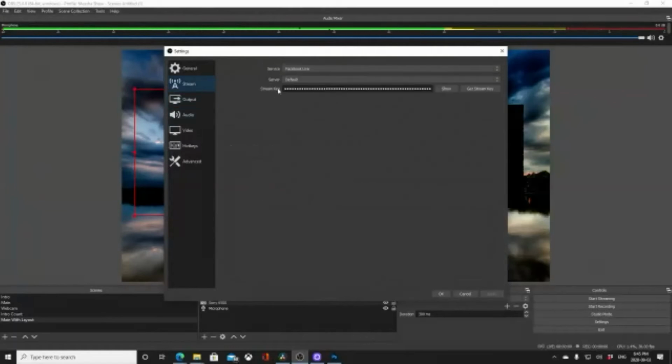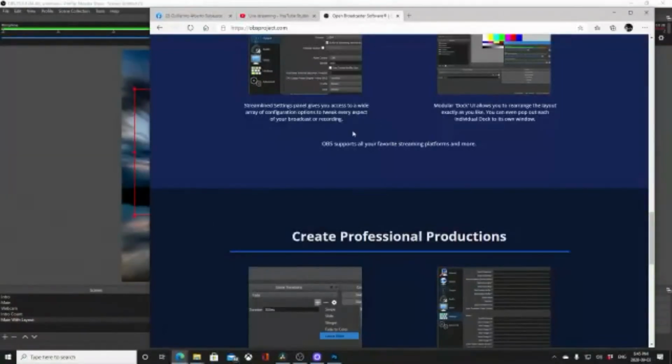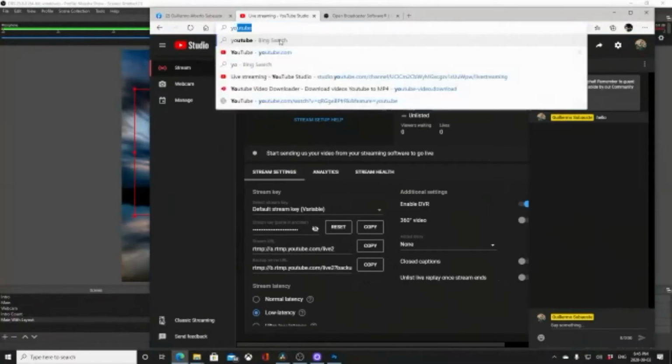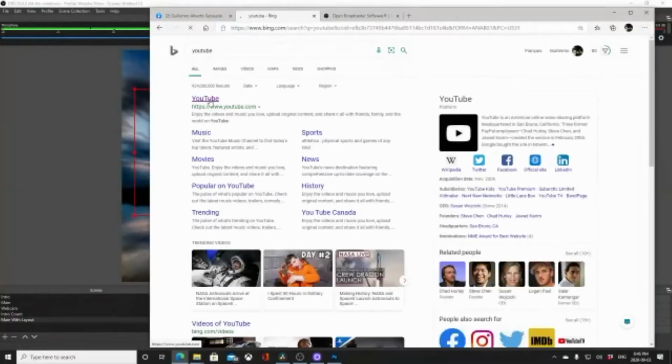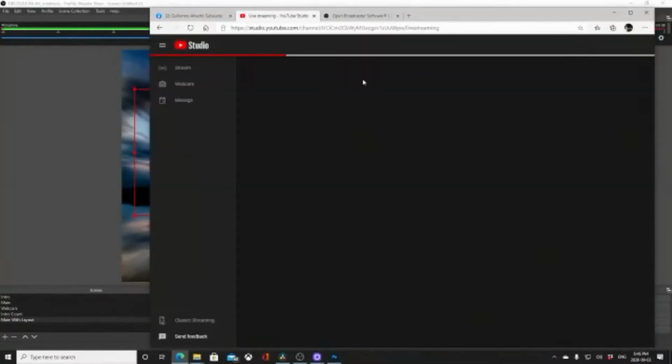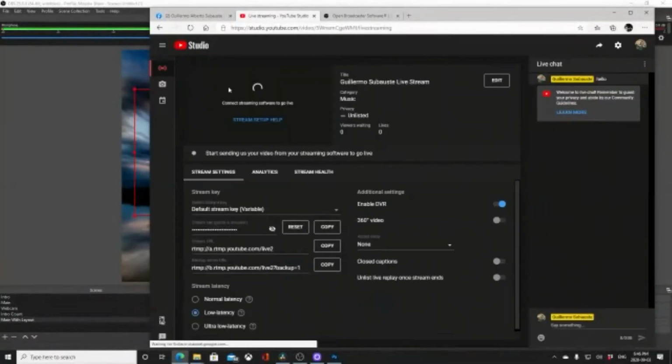And then under stream, this is where you're going to be able to connect it to either Facebook or YouTube. I'm going to show you how to connect it to YouTube. So if I go back here, actually, let me close this window here. Yeah, so I'm going to go to YouTube, and let's imagine that I wasn't on this window. So let's just go to YouTube like this. Oops, sorry, it's a Windows and it likes Bing. But then at the top, you'll see that there's this create, right? So I'll click on that little camera and then select go live,